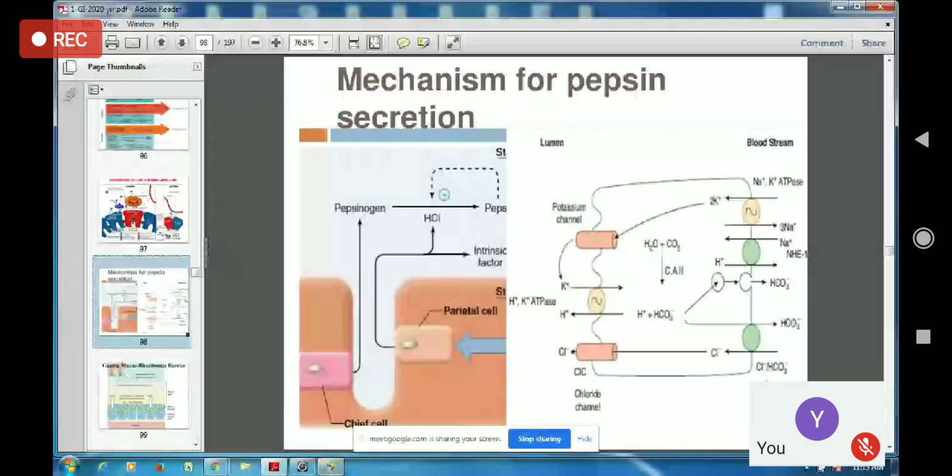Okay, is this clear to all of you? This reaction on the right hand side of the screen. Can you follow? Yes, no? Yes, ma'am. Okay, so I'll repeat once again.